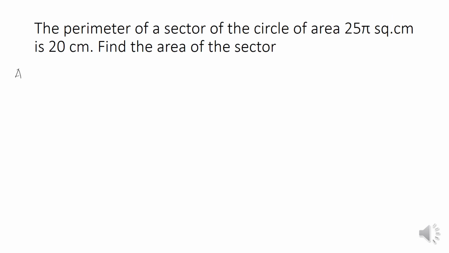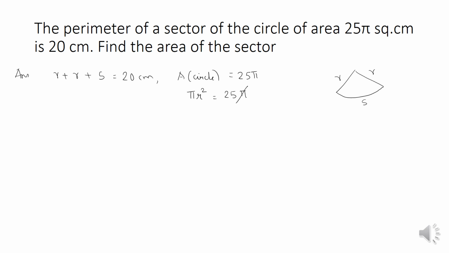Next. Now here is a very interesting part. They have given the perimeter of a sector. This is my sector. This is R, and this is length of arc. So this perimeter is given to me. So what is given to me? R plus length of arc is given as 20 centimeter, and area of circle is given to me as 25 pi. So if I solve area of circle, that is pi r square, which is 25 pi, pi cut, so I get R as 5